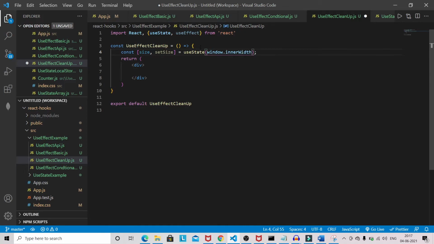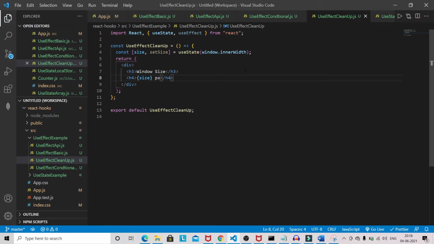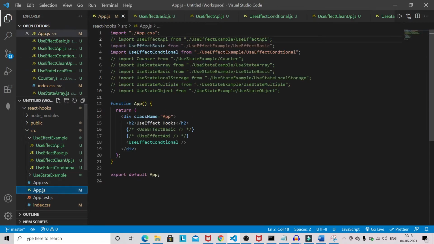Okay, now className, sorry, let it be div, and window size, and h4, size pixel. Okay, let's put it in the app.js file.